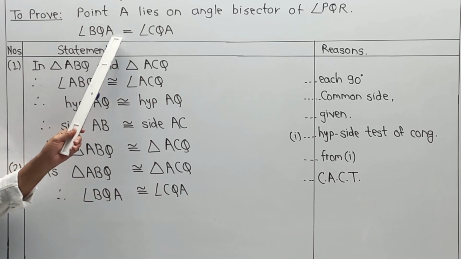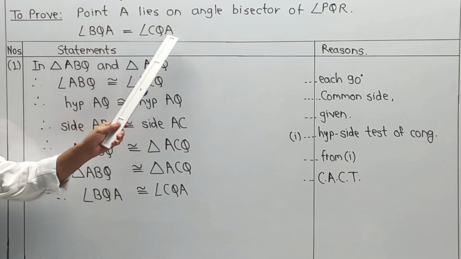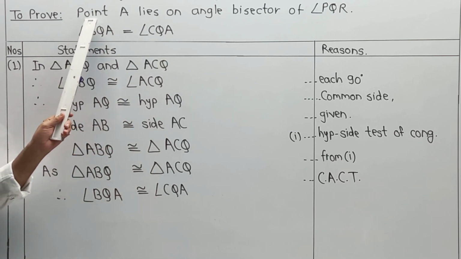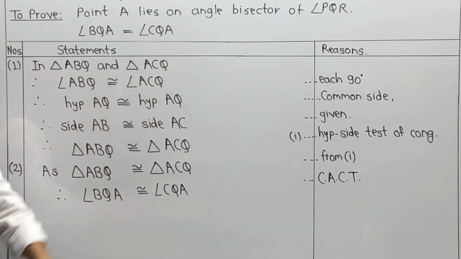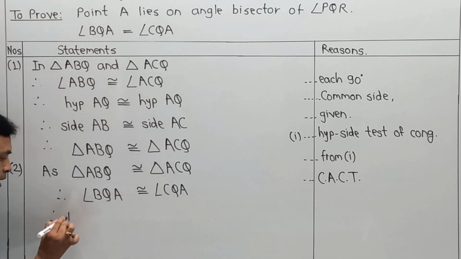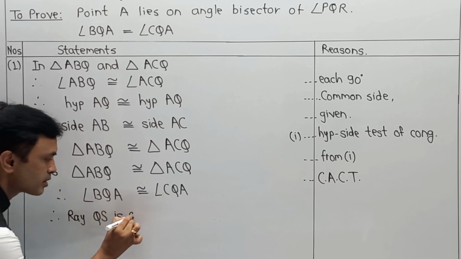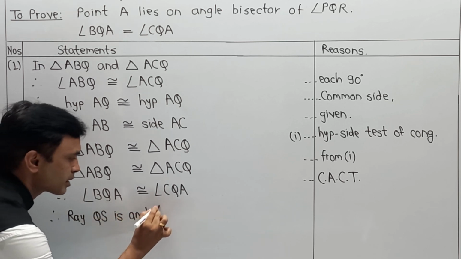Angle BQA is congruent to CQA. Also you can add the same part in terms of a line. It indicates that point A lies on the angle bisector of PQR. Therefore, ray QS is angle bisector